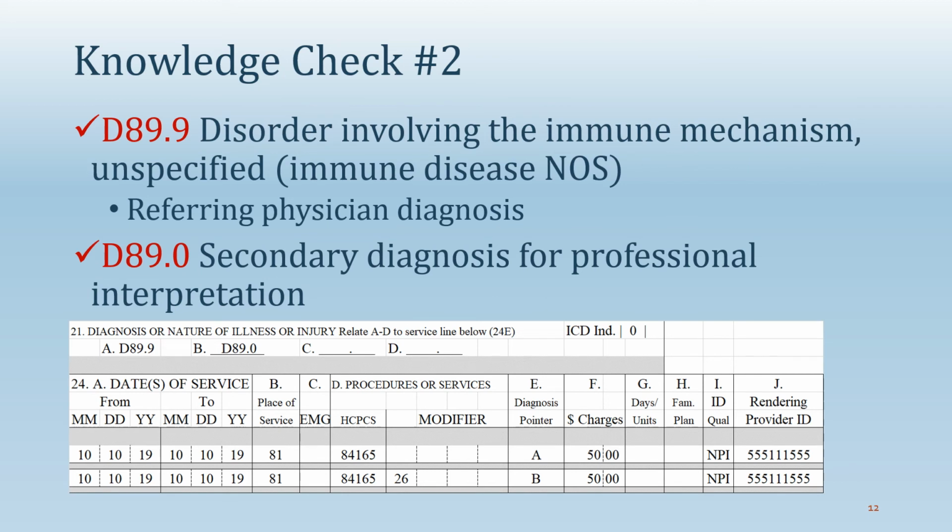Let's refer to the rules for code selection. CPT code 84165 is paid via the clinical fee schedule, so the primary diagnosis for this billing line is the reason the test was ordered. Notice that this claim line uses the diagnosis pointer A to notate ICD code D89.9. But we also know, based on the previous challenge, that CPT code 84165-26 for the professional component is paid via the physician fee schedule. Thus, this claim line uses diagnosis pointer B to notate ICD code